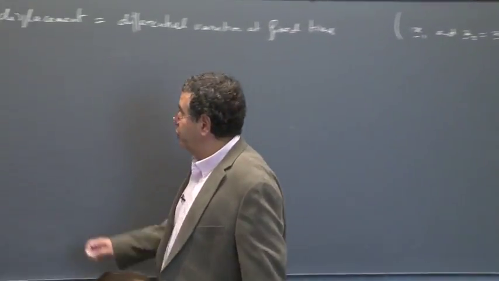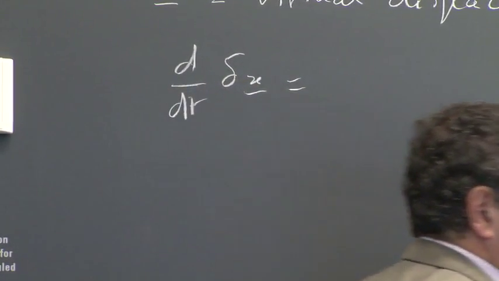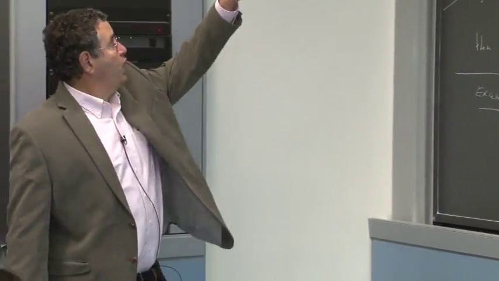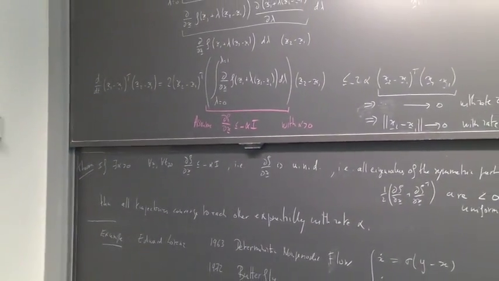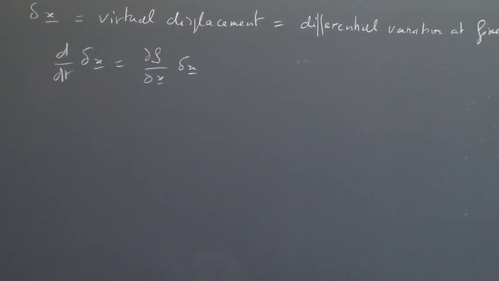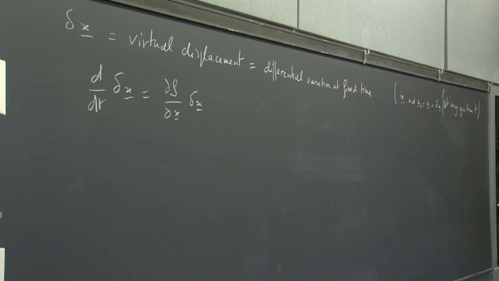So suppose we compute d over dt of delta x. I could do this a little more formally, but what is that going to be equal to? Well, it's going to be the equivalent of f2 minus f1. But here we're just going in at a point x between x and x plus delta x. So we simply have the Jacobian itself times delta x. It's the integral of the Jacobian between x1 and x1 plus delta x. So it's simply the Jacobian times delta x.